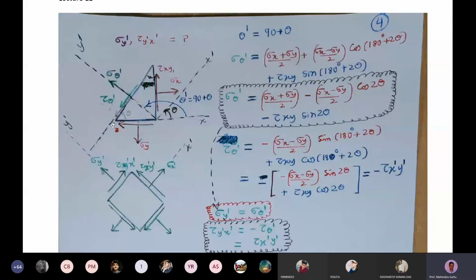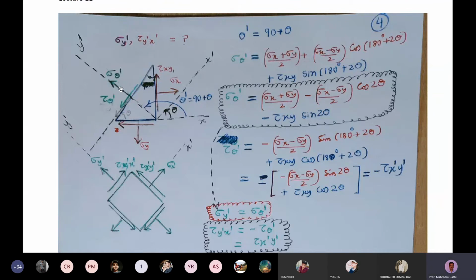So here we have that wedge element, and instead the wedge element has the components sigma theta prime and tau theta prime. Sigma theta prime is again acting away from the surface. Tau theta prime is such that it will produce an anti-clockwise movement. Now if you look at the normal to this inclined surface, that normal is acting at an angle theta prime with the x-axis. So this theta prime value is actually theta plus 90, because x prime is at theta, y prime will be along theta plus 90.